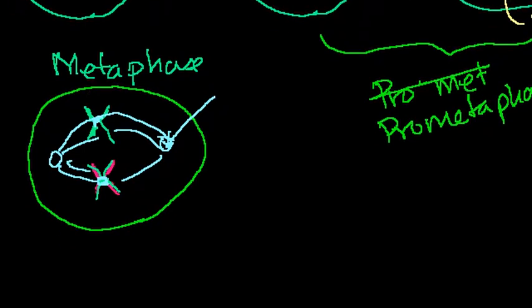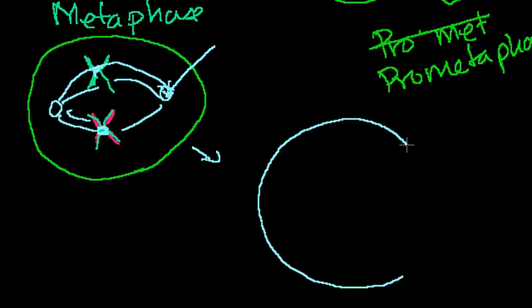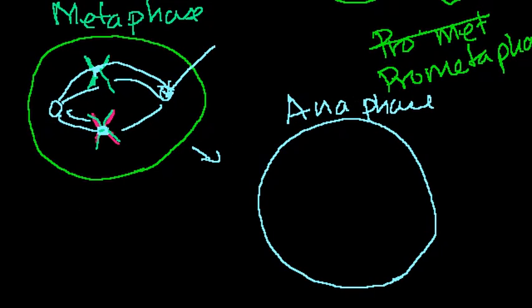So after metaphase, now we're ready to pull the stuff apart, and that's anaphase. So in anaphase, let me write that down. Anaphase, I've changed the color of my cell. These guys get pulled apart. Let me do it in green. One of the sister chromatids is pulling in that direction, and one is getting pulled in that direction. And the same is true for the magenta ones. One is pulled in that direction, and one is getting pulled in that direction.